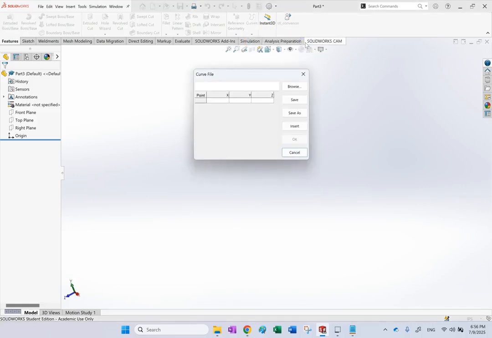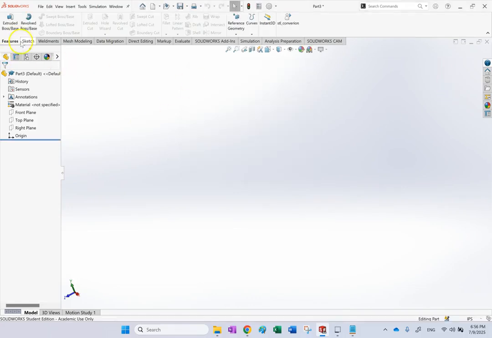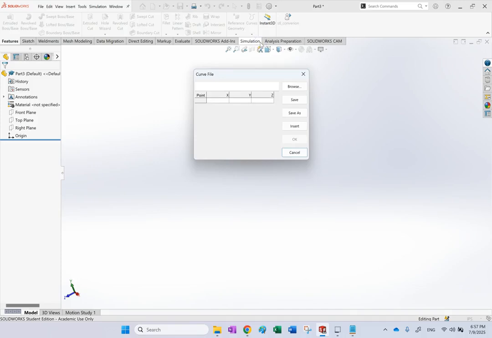When you click on it and it's in the features, it's not in a sketch. So you don't need to go to a plane. Pay attention. You do not need to open up a sketch plane and start the sketch on a plane. It's already in 3D. You use the Features tab, not the Sketch tab. You go to Features tab, you go to Curve, you go to Curve through XYZ points, and then here you